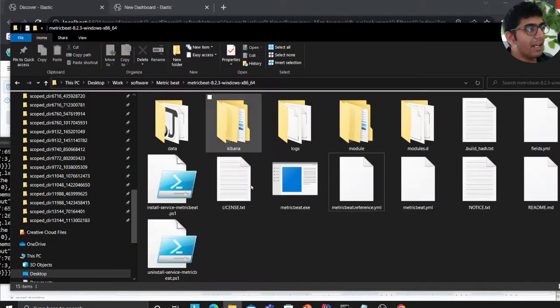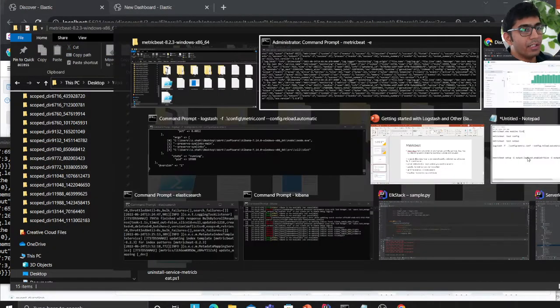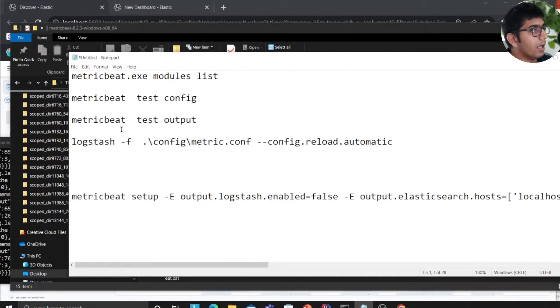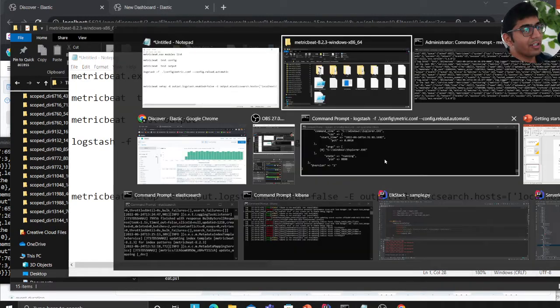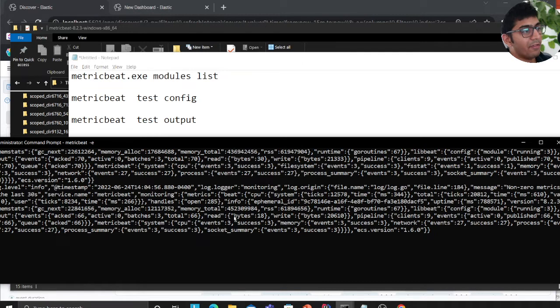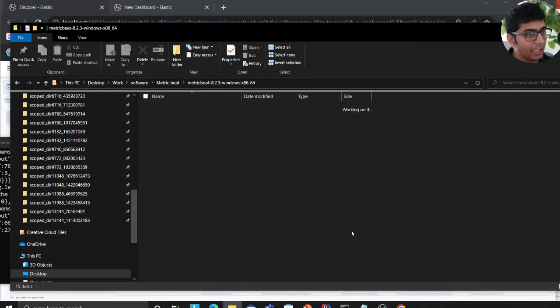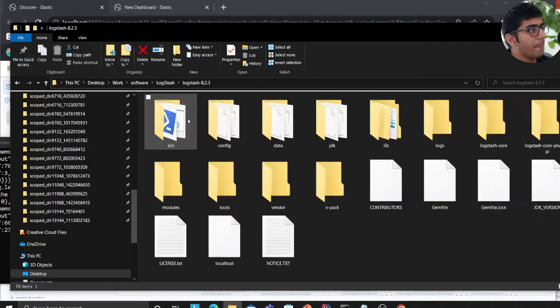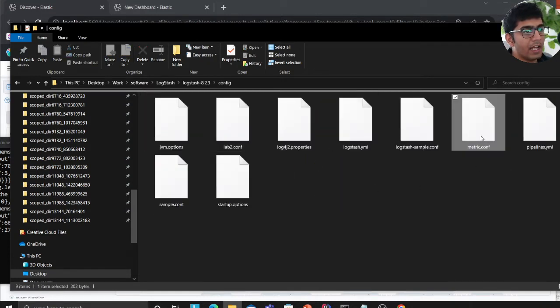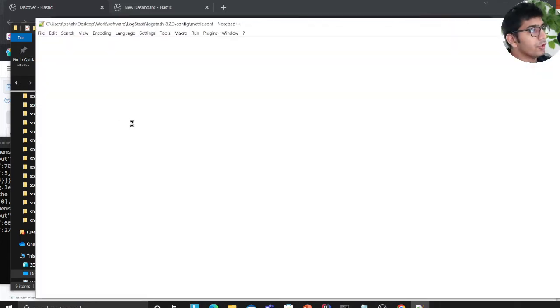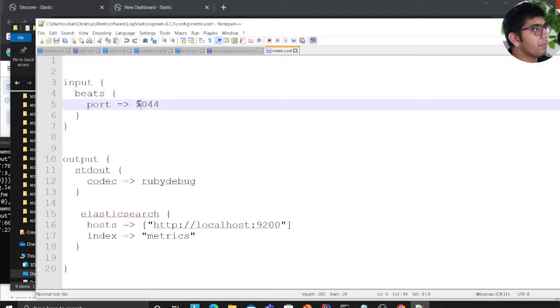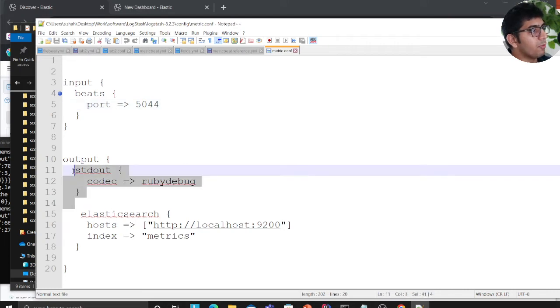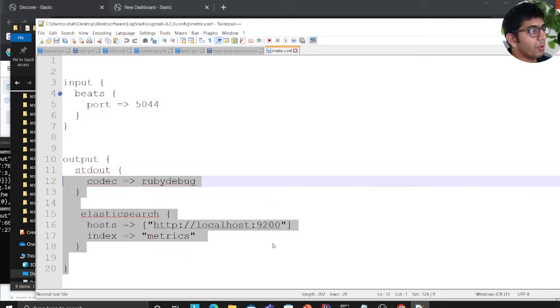I did that, and then I fired a command called metricbeat to run my Metric Beat. As you can see, every 10 seconds it ships that data to my Logstash. Now, taking a look at the Logstash file, which is very easy. I come to my Logstash config, and here I have a file called matrix.conf. All this does is listen on port 5044. It's a beat input, and I'm doing a stdout, and I'm also outputting it to an index called matrix